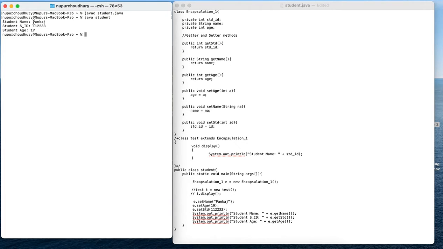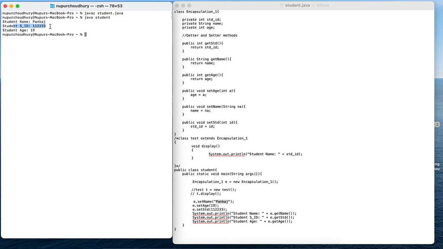When I execute this, see what I'm getting: student name, followed by the getName value. The getName value was returning the name that is stored from NA, and NA is capable of capturing Pankaj. So Pankaj is displayed here.